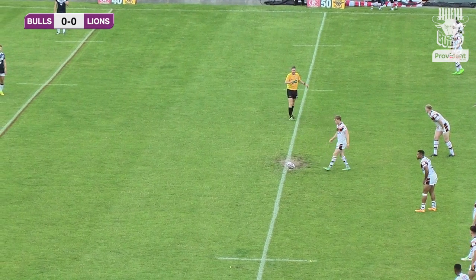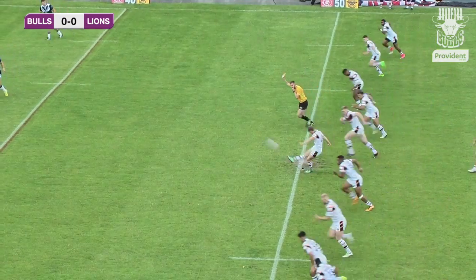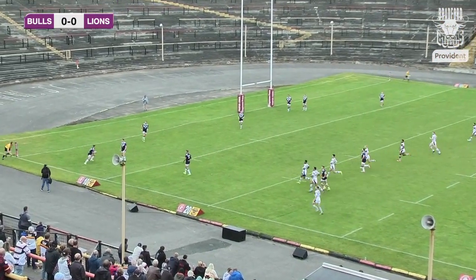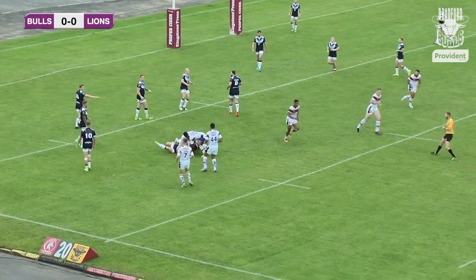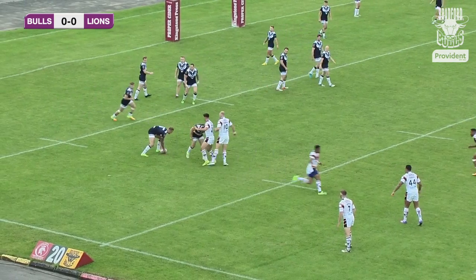Bradford Bulls playing towards the Rugby Lane end in the first half, and Swinton attacking the South Bank Stadium end. No Oscar Thomas today, so Joe Keyes gets us underway here. That ball goes deep, collected by Swinton just shy of their own 10-metre line, and that allows Swinton to have